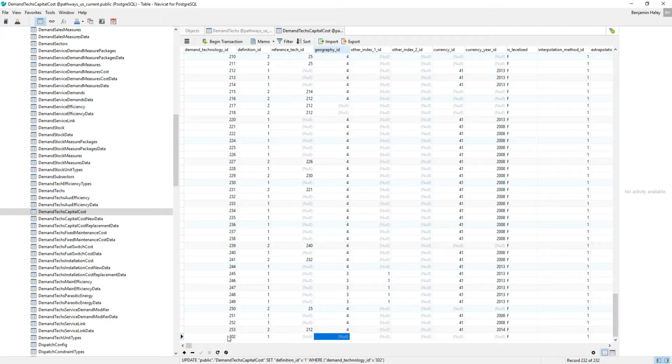The geography ID exposes another feature of Pathways. We have the ability to define technology parameters on a variety of geographical indexes, sort of an infinite amount of geographical indexes, but it is related to the values that you have in your geographies table. So in this case, we are doing a US model and we want to define cauldrons across the US. They all cost exactly the same. Probably a reasonable assumption. So I know the geography ID of the US is 4, so I will put that here, but I will also look at the other geographies to show you